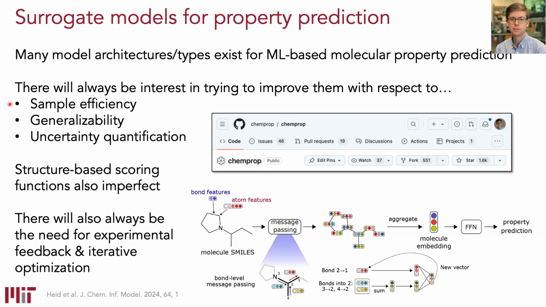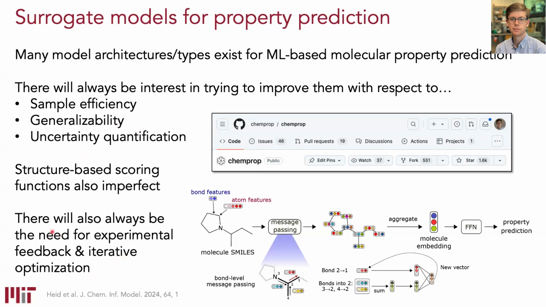So if we have models that don't see that many unique chemicals, they can at least tell us when they're confident or unconfident in the predictions that we ask them to make. But we are still in this state where these are all sort of imperfect, right? We can't generalize perfectly to new structures we haven't seen before.